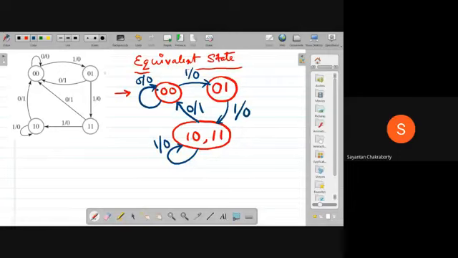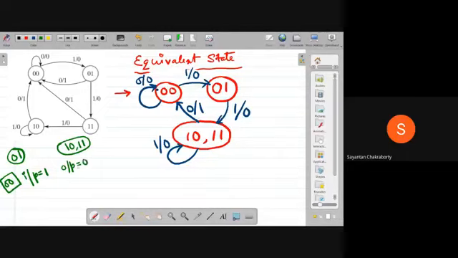Now let us take a look at the new states 01 and 10/11. Let us see what about these two states. If the previous state is 00, and if your input is equal to 1, what happens to the output? It becomes 0 and it moves to state 01,